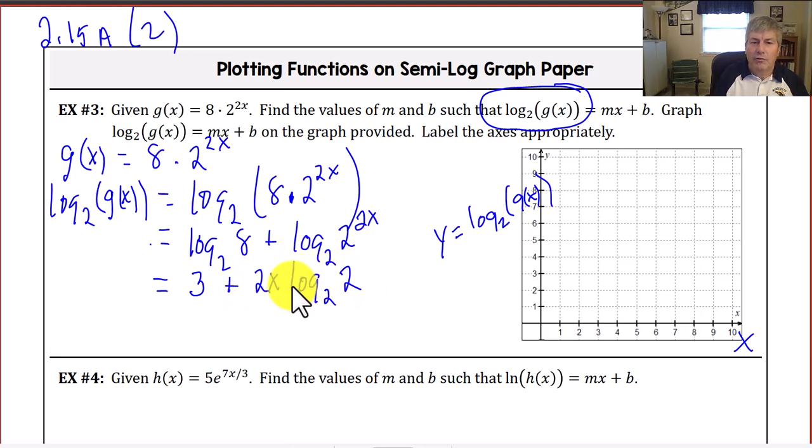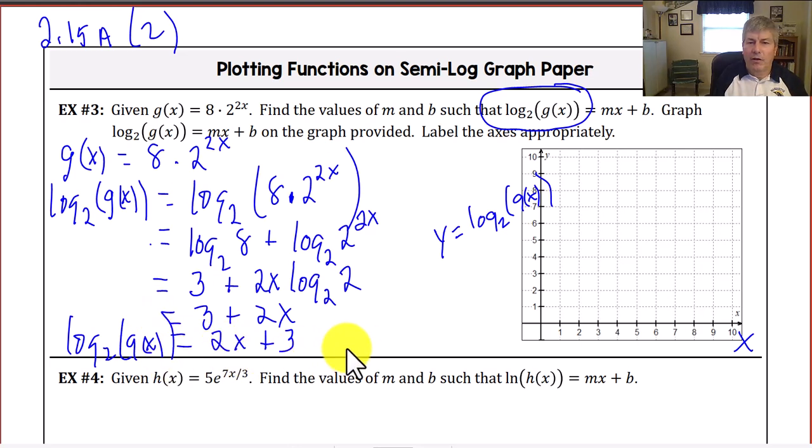Log base 2 of 2, which is 1, and I get 3 plus 2x, or in slope-intercept form, we get our y, or log base 2 of g of x, equals 2x plus 3. So we have a y-intercept of 3 and a slope of 2, so I can rise 2 and run 1, and rise 2 and run 1, and then go ahead and